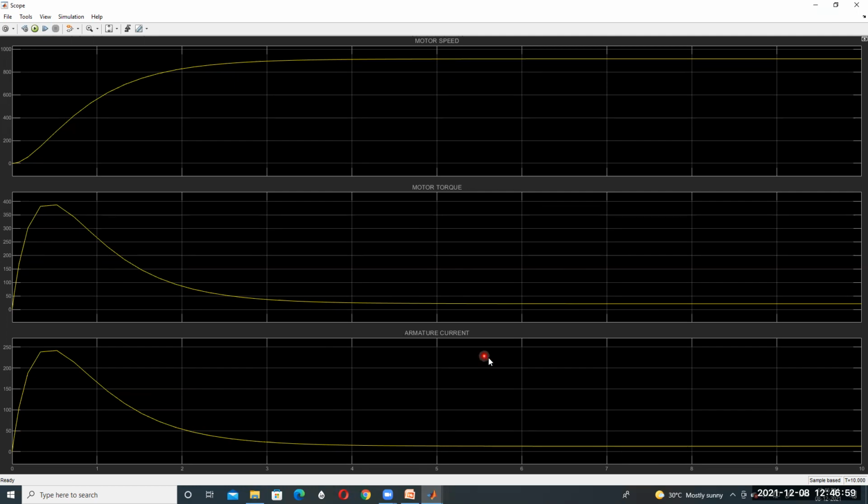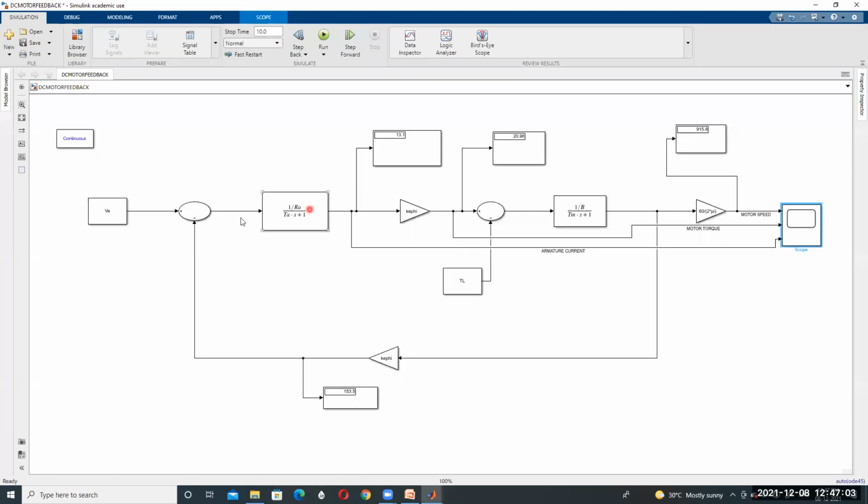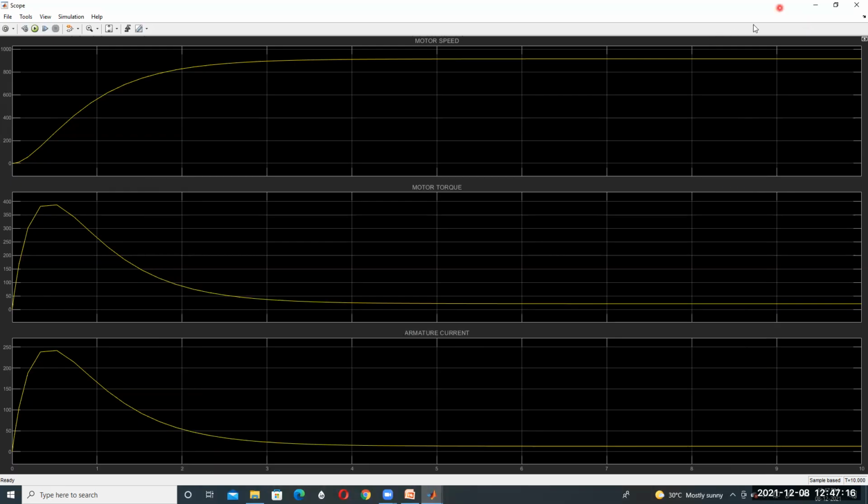So feedback control, armature voltage control, that is called back EMF. This is feedback armature voltage control, with armature current. This is voltage control of a separately excited DC motor using feedback. Here, by changing the values, Va is equal to 160. In the workspace, I'm entering new values.